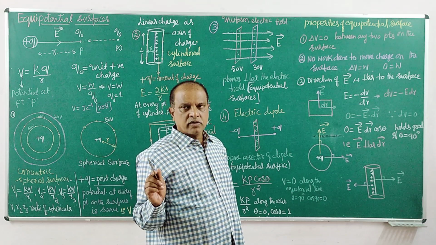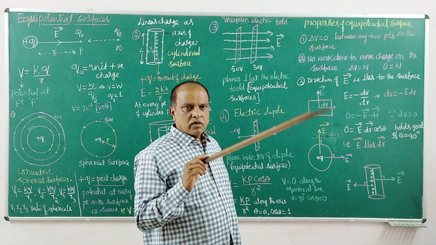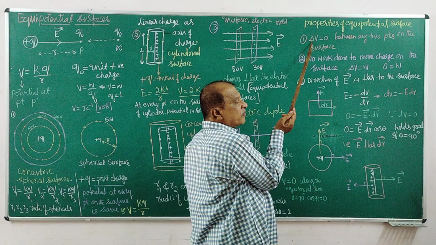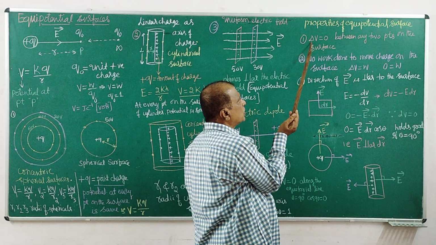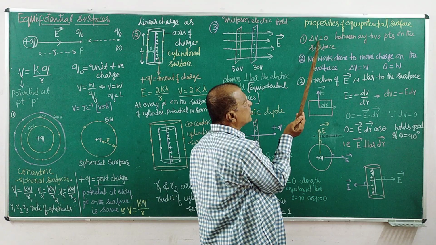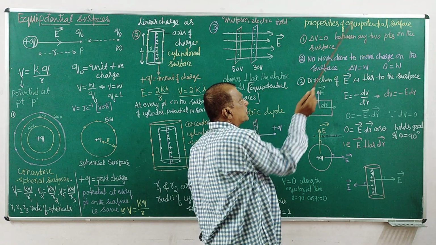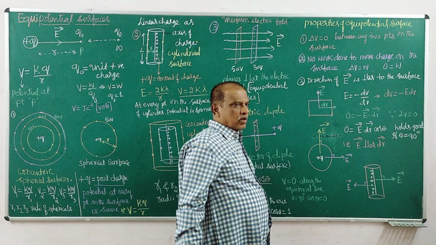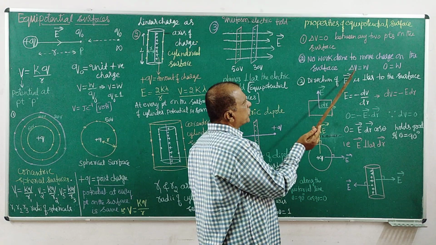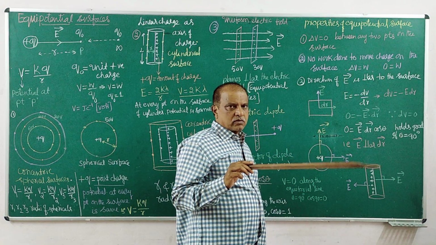If you take any 2 points, the difference in potential is 0. Same potential, so the potential difference is 0. That is delta V, a difference in potential between any 2 points is 0. That is delta V equals 0. That is one property: the potential difference between any 2 points on an equipotential surface is 0. And one more property: since the potential difference is 0,